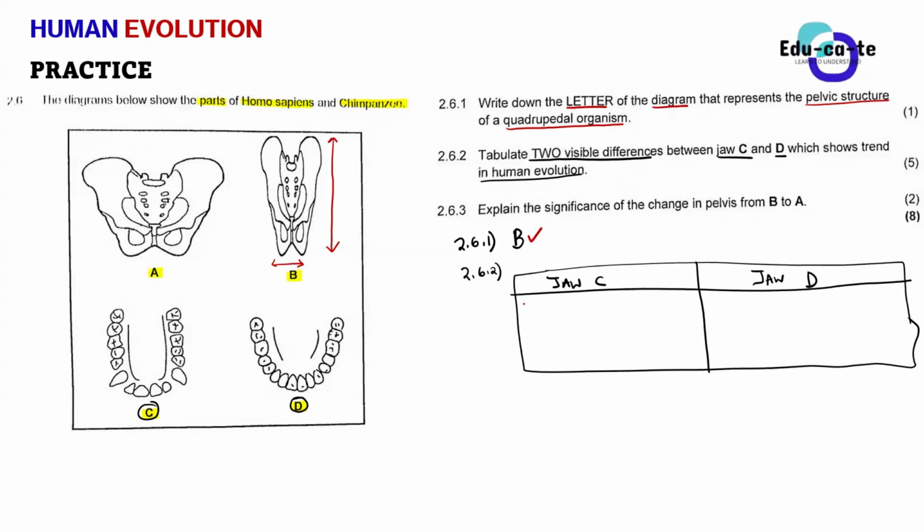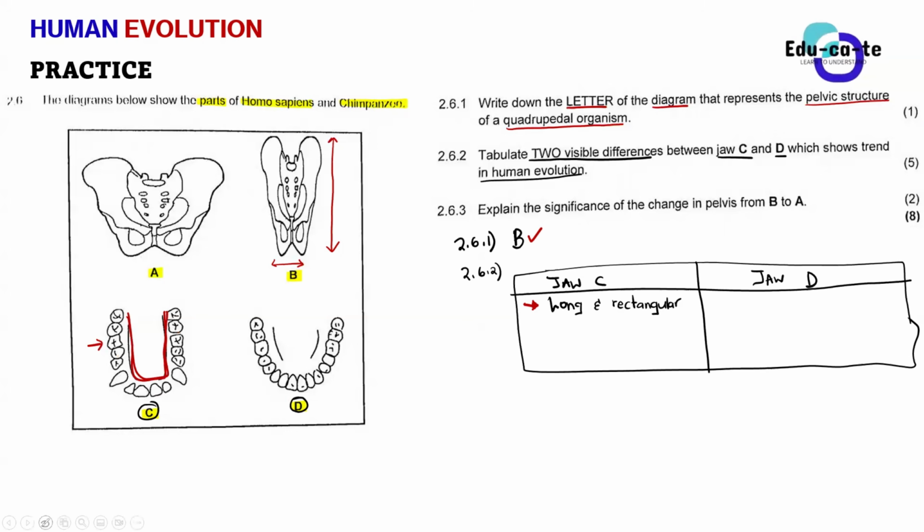Yes, SM? Well, sir, the difference is palate shape, sir. Okay, the shape of the palate, right? Yes. For C? For C, it is long and rectangular. Yes, so when you look at the palate shape of C, it is long and it is rectangular. You can see clearly that it is a longer palate, a longer mouth roof. Remember the palate here is the mouth roof, and these are the teeth surrounding it. So it is longer and rectangular in shape.